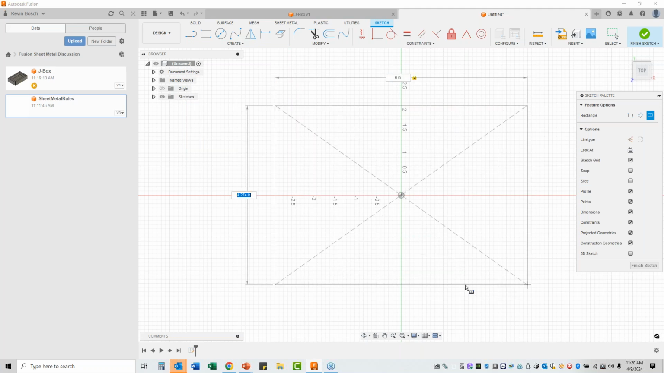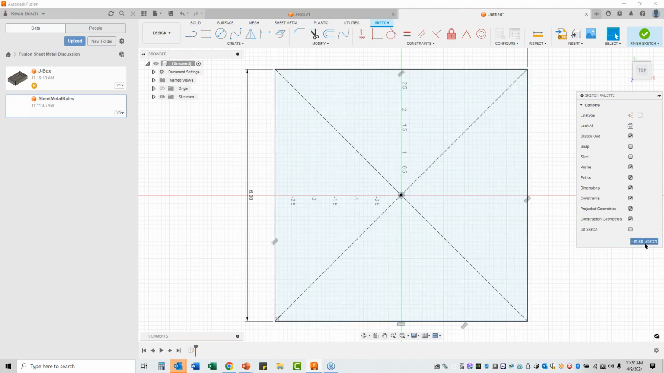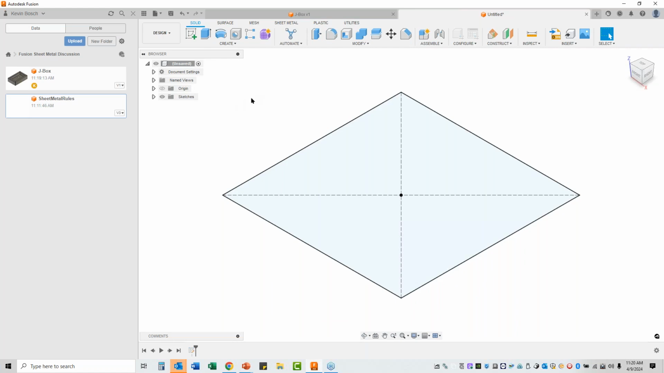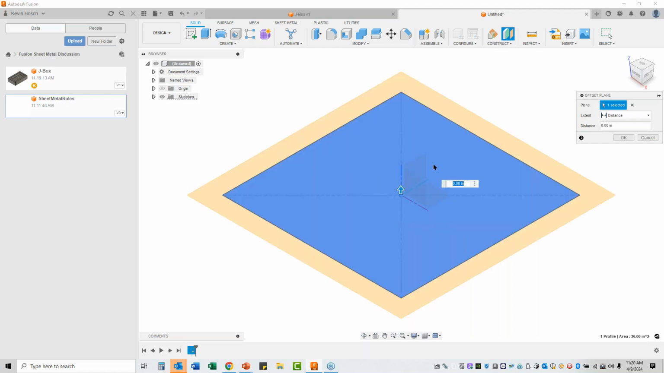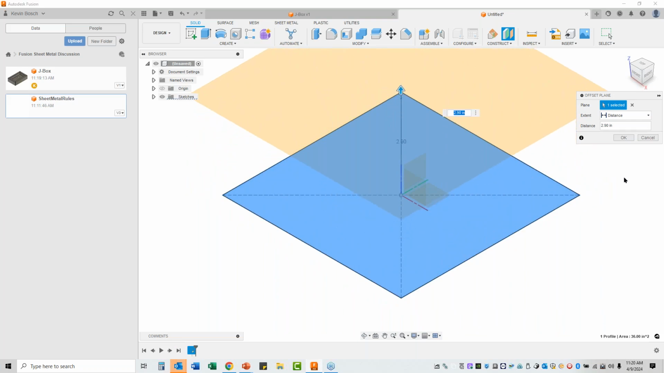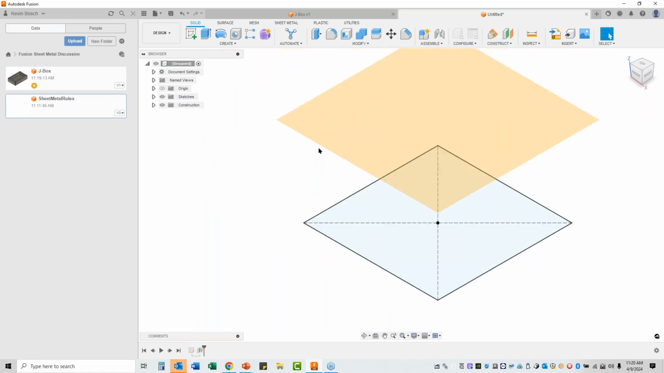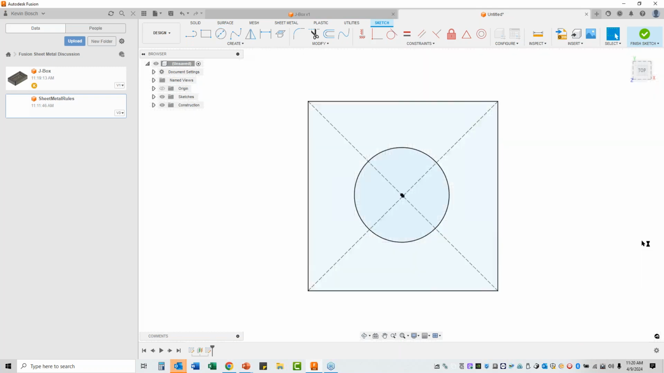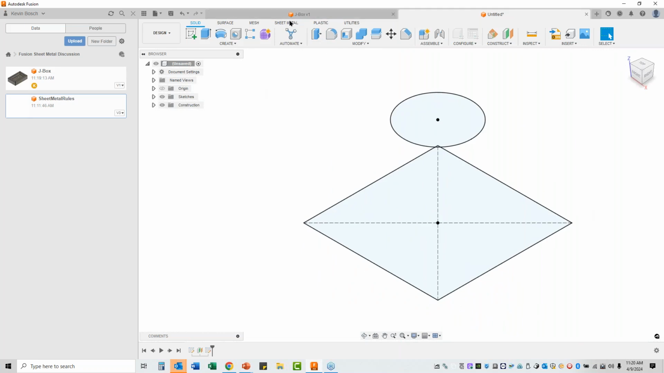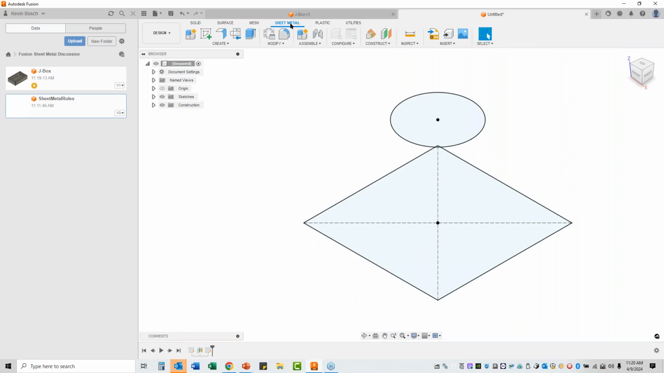And let's do 6 by 6 on that one. And then let's go ahead and create an offset plane. We'll drag this guy up, let's say 0.4. And we'll create a sketch on this. Finish that sketch. We'll run back to the sheet metal environment with this one, and we'll use that same flange